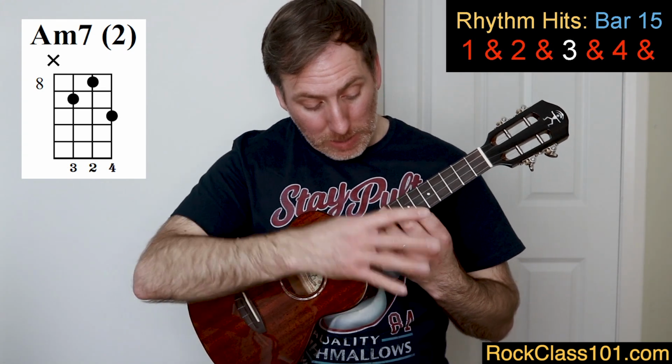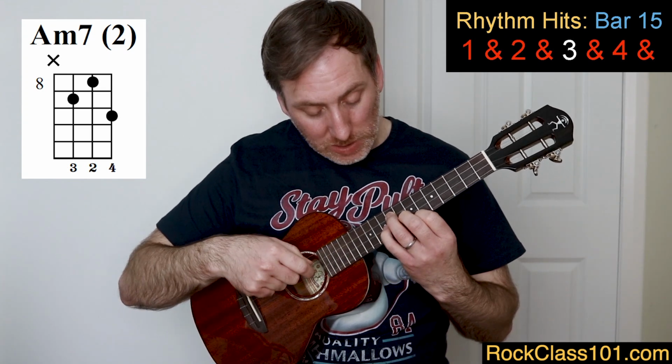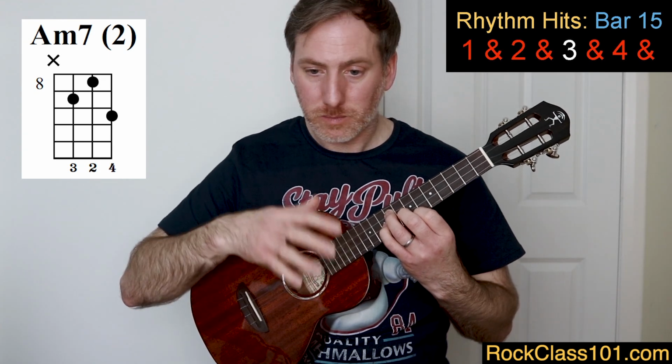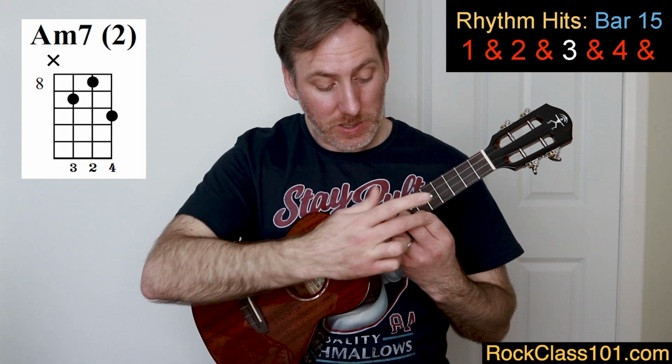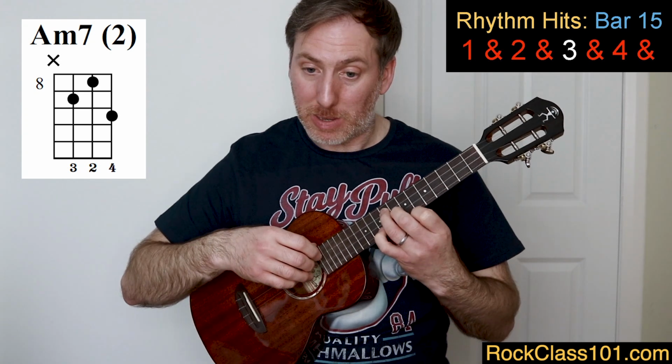Then on beat 2, keeping this held, we're going to use the pinky now and put that onto the E string at the 10th fret and pick that single note. That's beat 2. And then what I would do is take these two fingers off either side, so we're just left with those two fingers, and pick that double stop